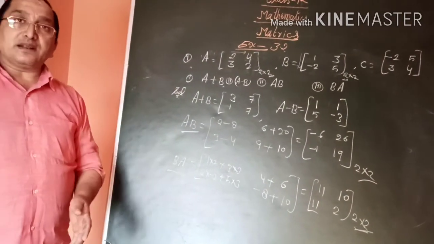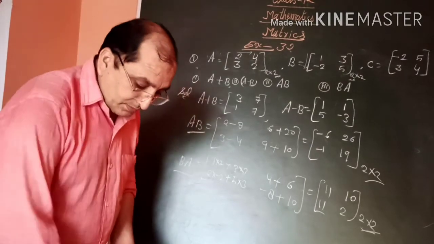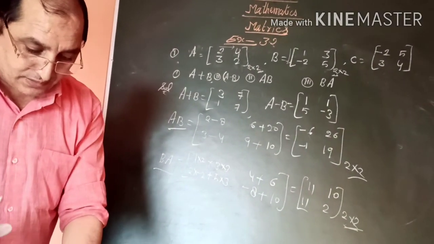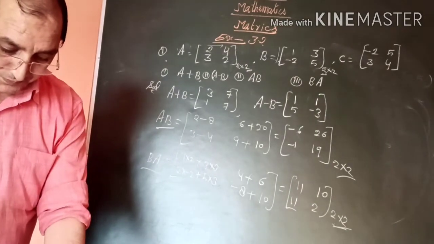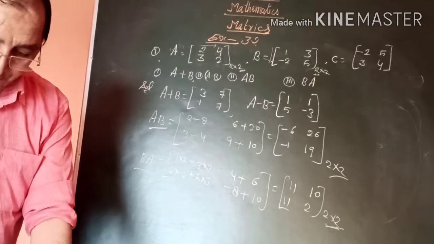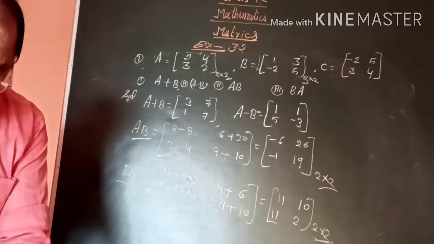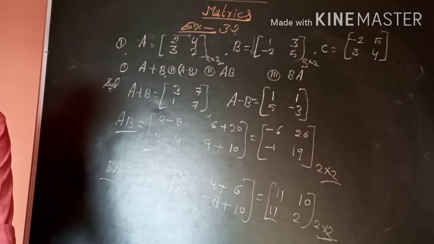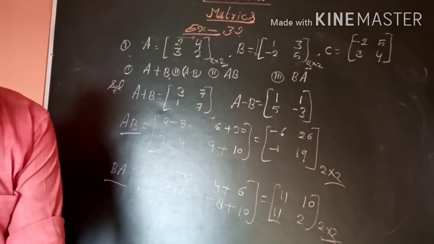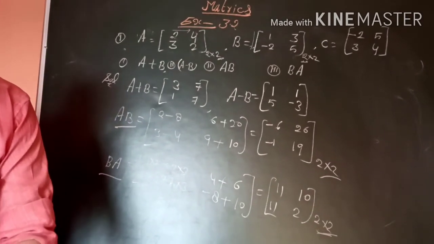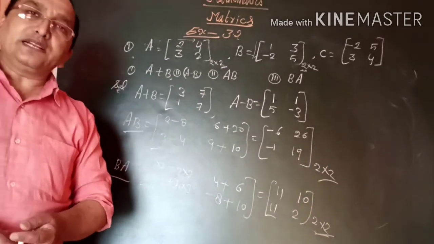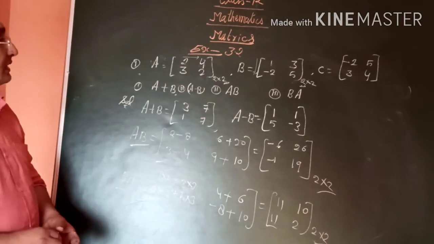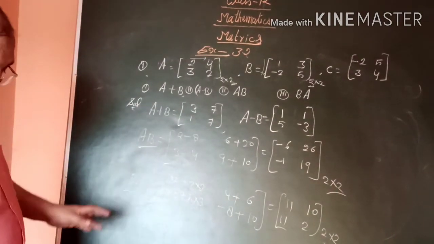In the same manner, you have to solve the remaining questions of this exercise. Whatever I am thinking, you will not have any type of problem till question number 8, 9, 10, 16, 17, and you will get a little bit of a problem in question number 18. Until question number 17 you have to solve. Then from 18 onwards I will tell, and next day I will tell you question number 18. Till 17 you have to solve. Okay.